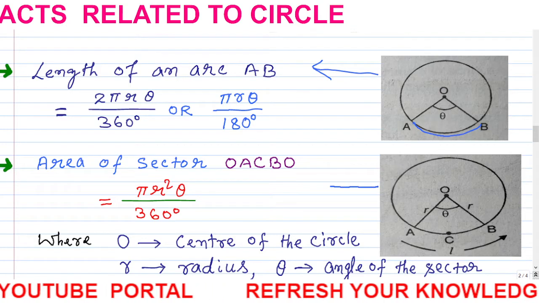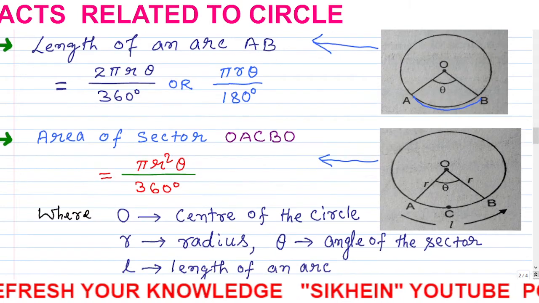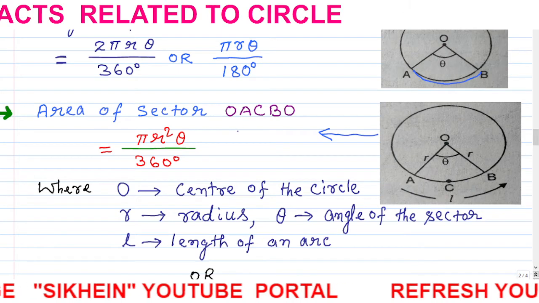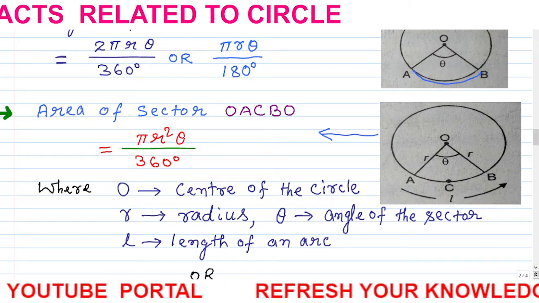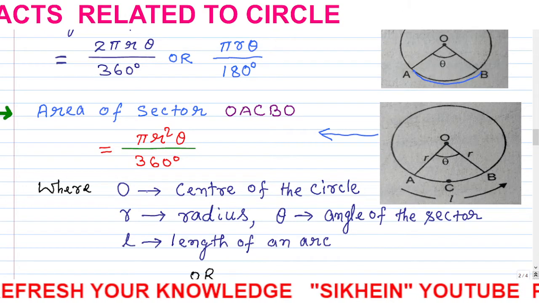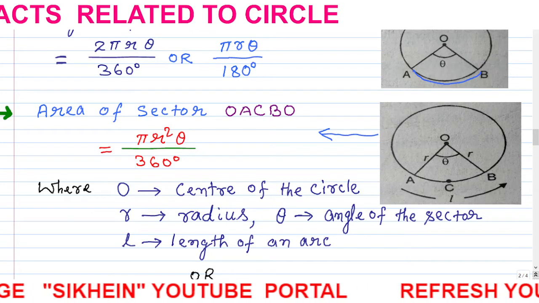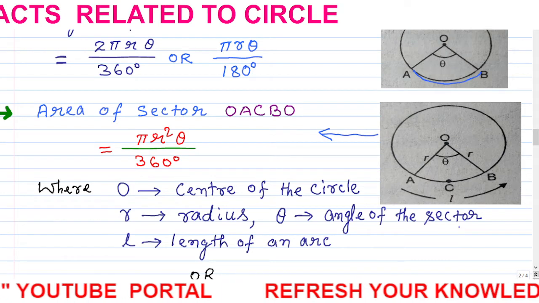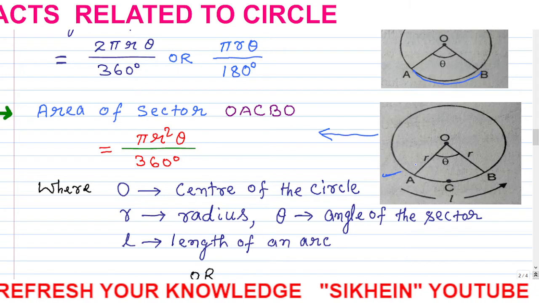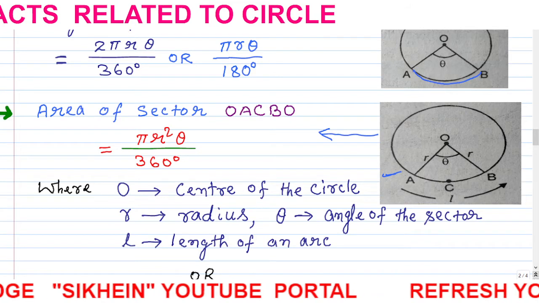Now next, the area of the sector. What relation is there? You can see here, OACBO is the sector, equal to pi r square theta by 360 degrees, where O indicates the center of the circle. Above we have discussed: r is the radius, theta is the angle of the sector, and l is the length of an arc. Here it is indicated,